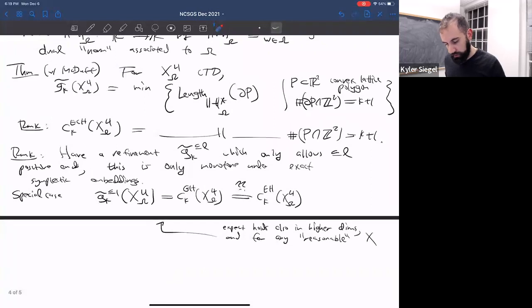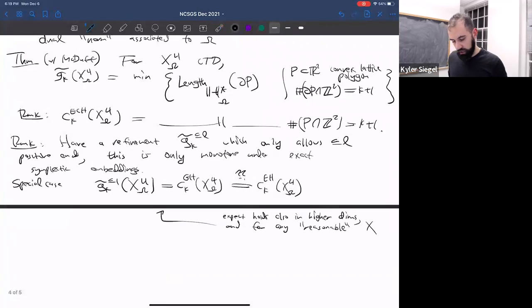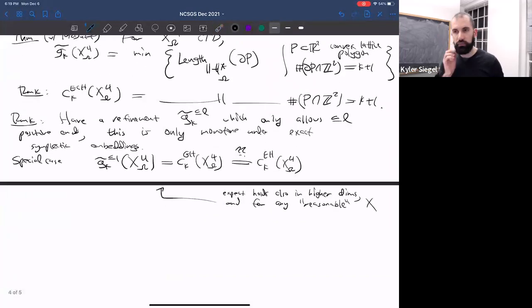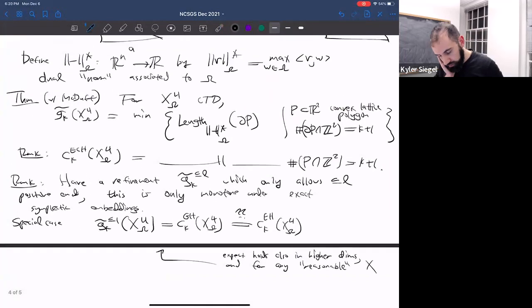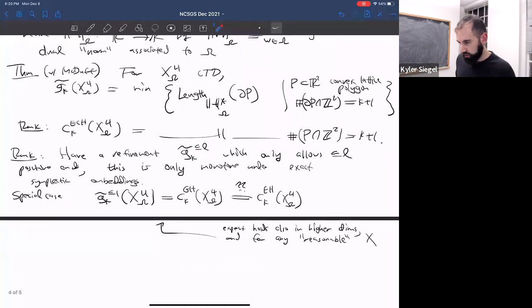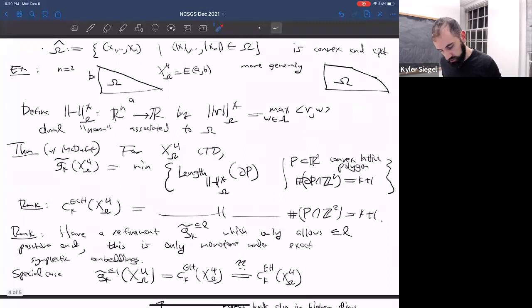But anyway, at least for four-dimensional convex toric domains, these things agree. Now, we didn't actually compute. It would be interesting to see whether, if you play around with the value of L, you get some better embedding obstructions than if you just take L to be infinity. But for now, just focusing on this computation, I want